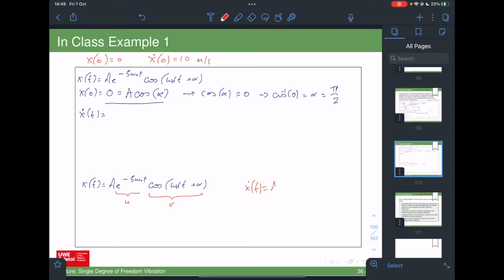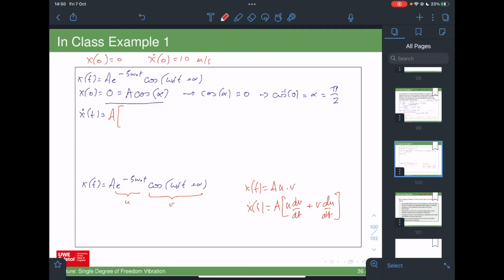So I'm going to say x dot, we've got A times U times by V, okay, the product rule. x dot is A, remember this? U dv by dt plus v du by dt. Yeah? Remember the product rule from engineering maths. Okay, so that's obviously what we've got to do. So if I say U is that and V is that, so I've got A,